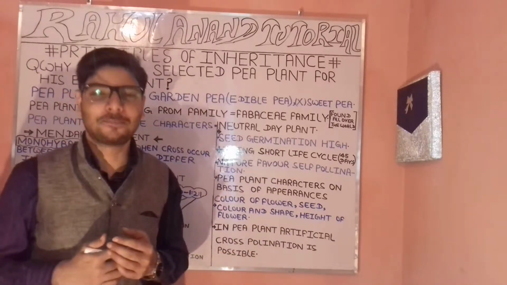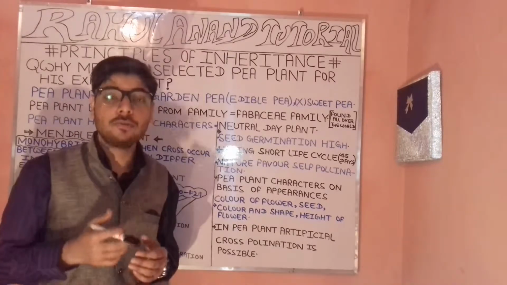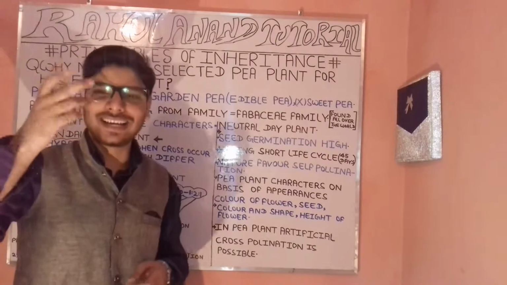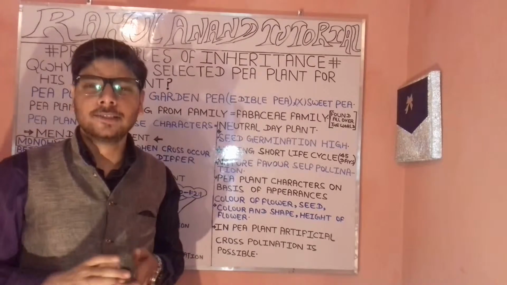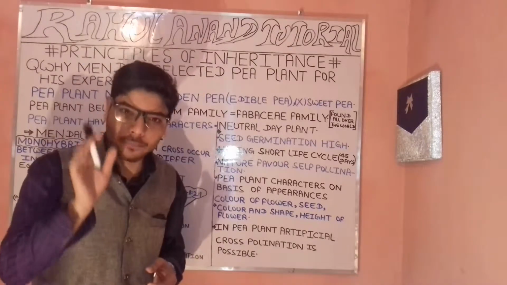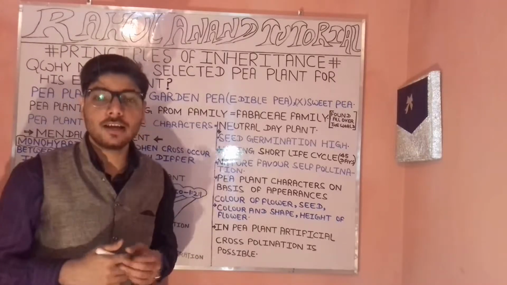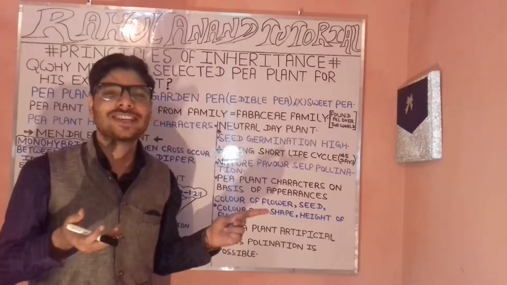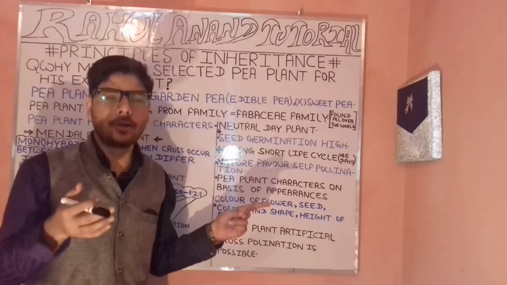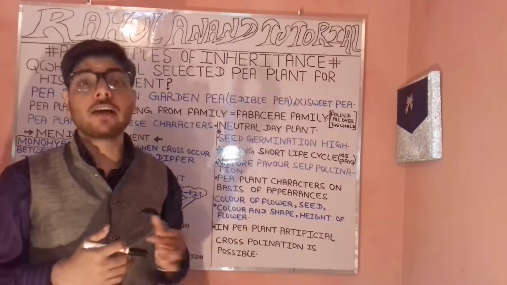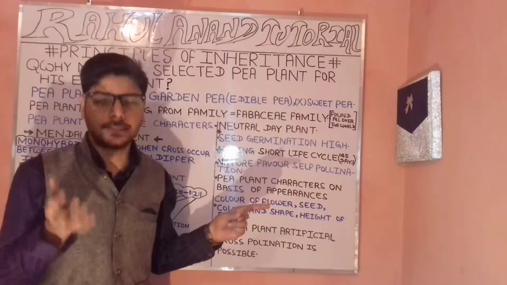What is self-pollination? By the name it is very clear. The stigma and anther are present in the same plant. Assume it is a plant with flowers. The flower has both male and female reproductive organs, the anther and the stigma. The anther represents the male reproductive organ, and the female reproductive organ is the stigma.